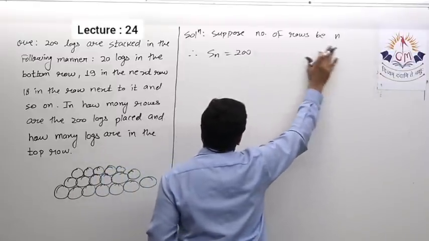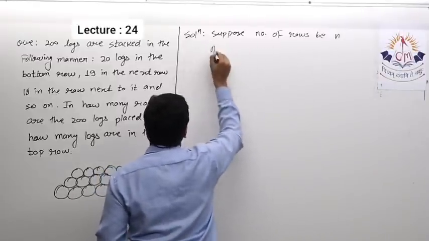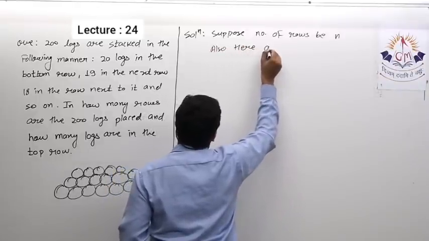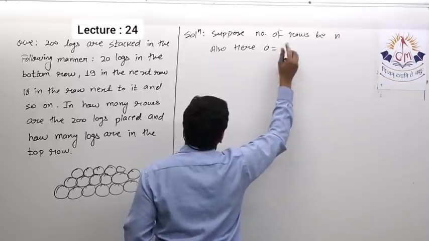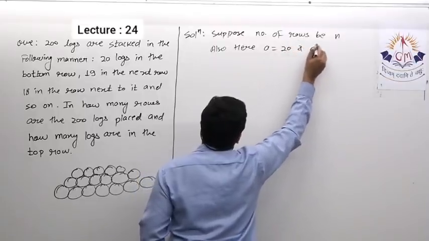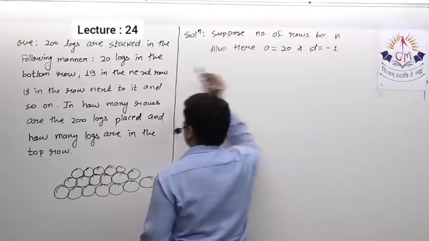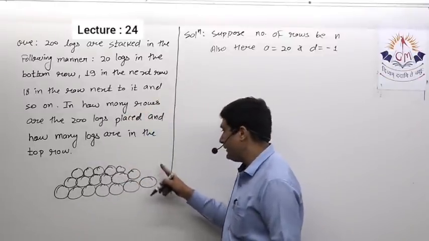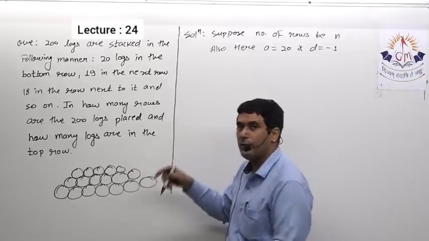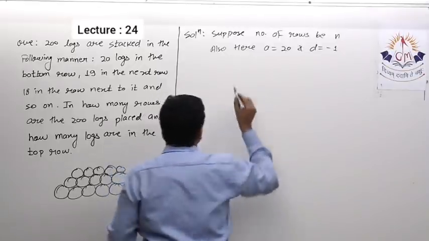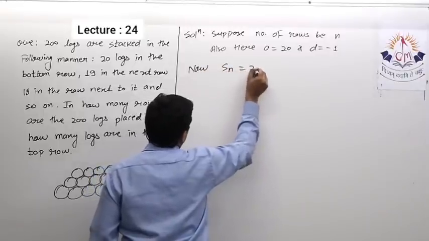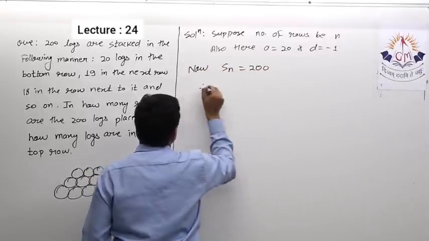Also here I can write A is equal to 20 and D is equal to -1 because in the second row there are 19 logs. So 20, then 19, then 18. So in that way common difference is -1. Now Sn is equal to 200. Therefore